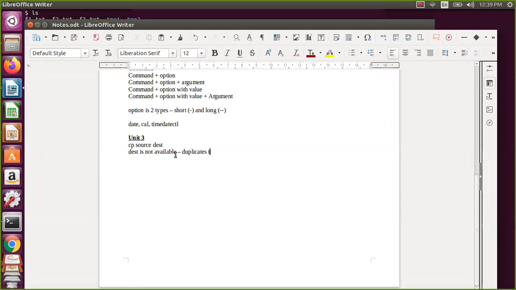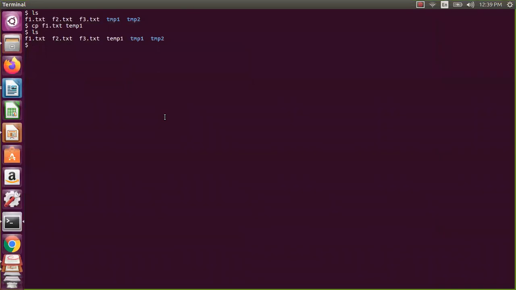Now let us assume I want the destination as a directory, so I want to copy this particular file into the directory. I say cp -f1 and then temp1. This hyphen is an option; if you want, you can have it, otherwise remove it.